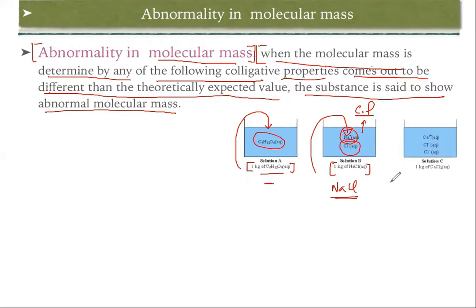Okay, now coming to the third picture, we know CaCl2. Theoretically CaCl2 will have some molecular mass, but when you dissolve that CaCl2 in the solution, they will form Ca2 plus, Cl minus and Cl minus. That means 3 moles of ions are there. So that 3 moles of ions will give a separate colligative property. Okay, due to this difference in the solution, they will lead to abnormal molecular mass.